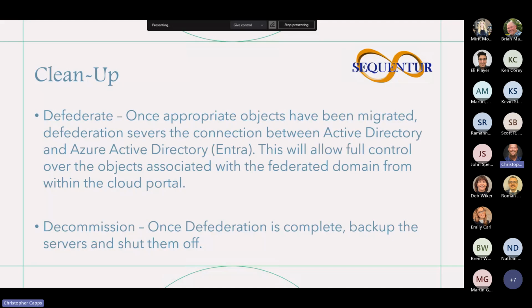We've got no issues. We want to go ahead and make sure we pull a backup of whatever servers that we're planning to decommission. So in our case, a handful of domain controllers, and go ahead and shut them off. And that's, at a very high level, once you're done with Active Directory and you've made sure that your systems are functional and your users are functional and all of your integrations are functional, that's essentially all there is to it. Make sure that there's no federation. That way you can control your domain and turn off the resources you no longer need.